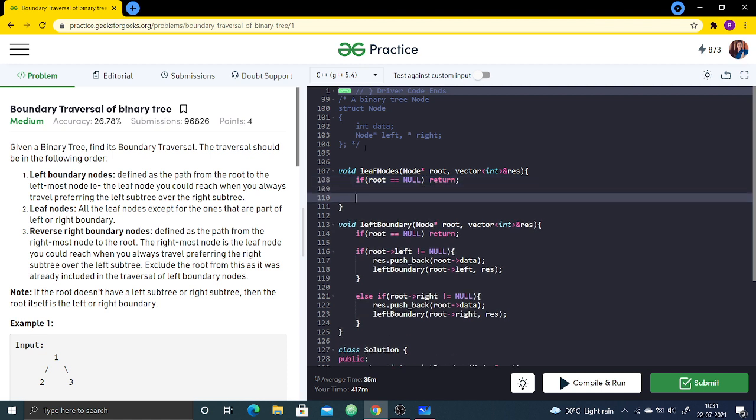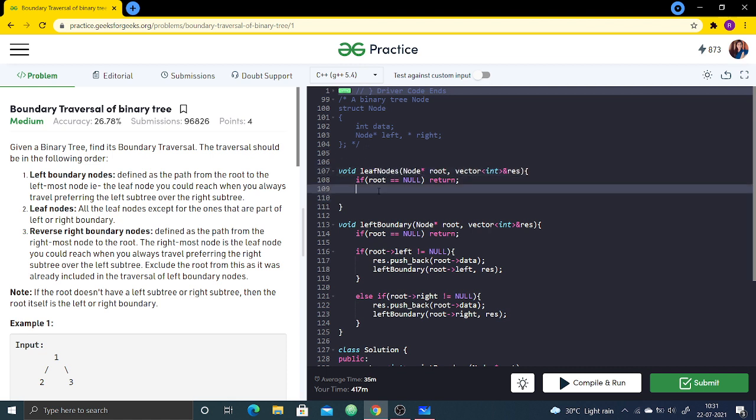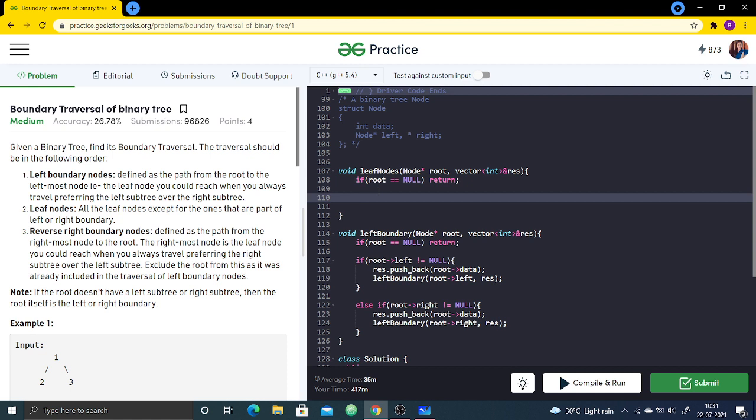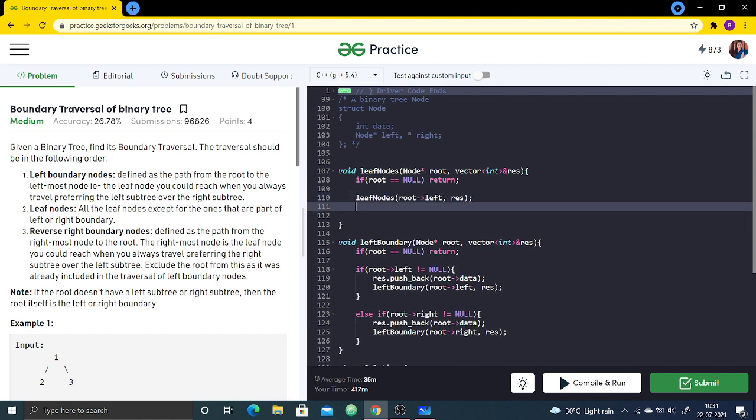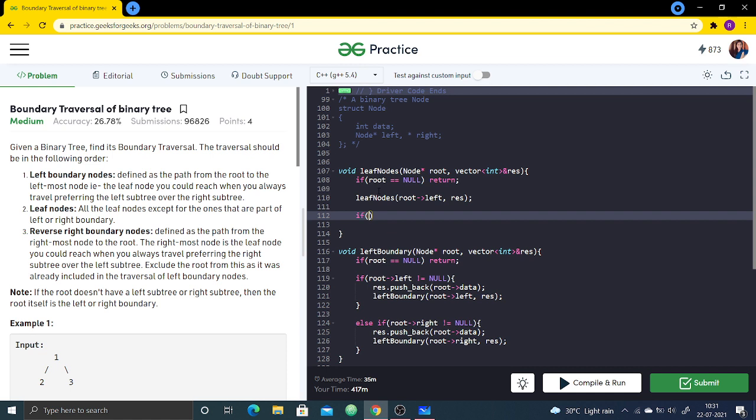Otherwise, see, for the leaf nodes, we need to traverse from left to right. So first of all, we will make the recursive call for the left subtree. And after that, we will just check for the condition if it is a leaf node, that is, if its left is null and its right is also null.